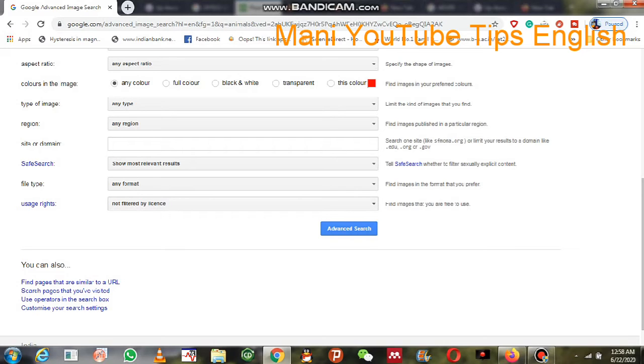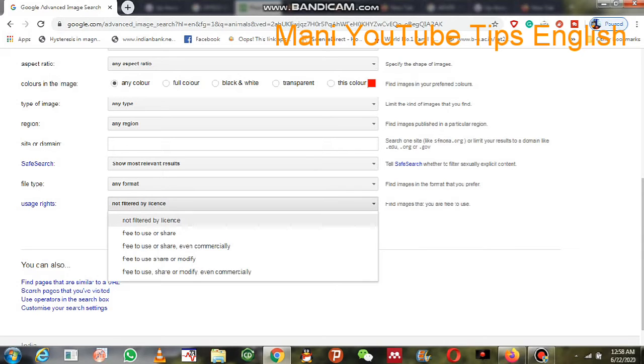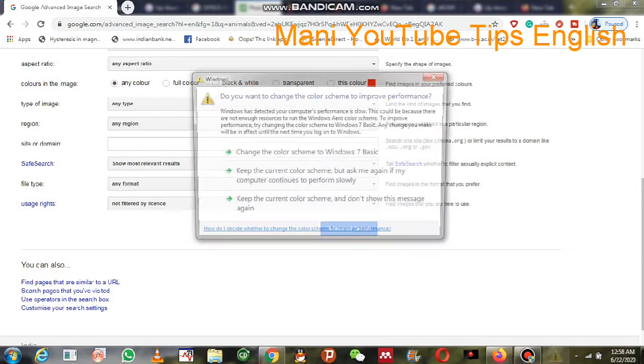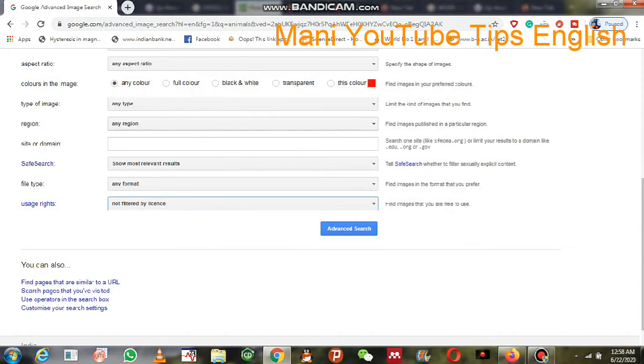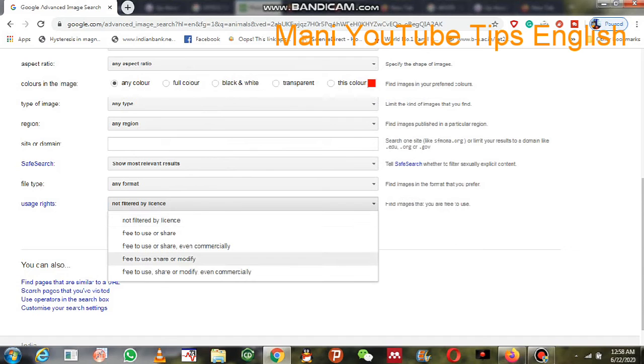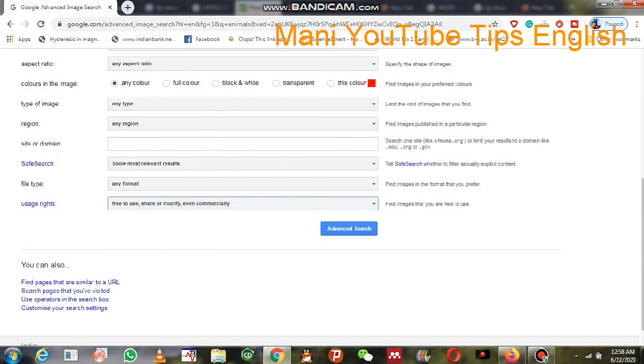Now you need to do one important setting, usage rights. See, not filtered by license. If you go directly to Google and search any images, you will get only licensed images. So if you do this setting, you will get images without any license or copyrights problem.